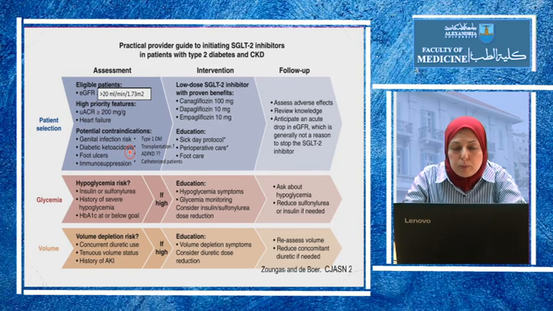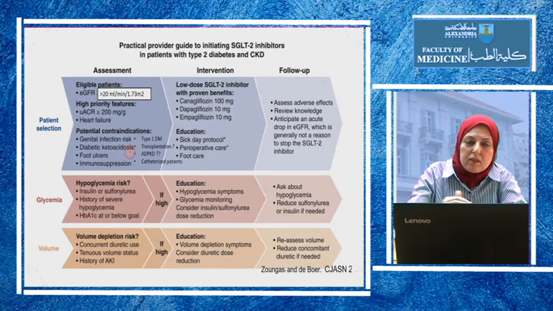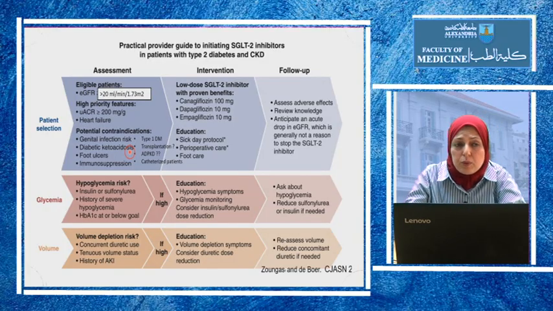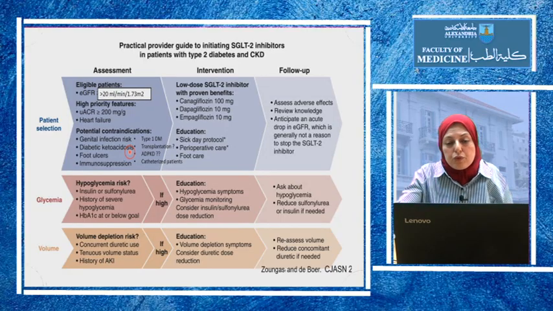In autosomal dominant polycystic kidney disease, there is still no evidence to suggest that it is beneficial. Actually, some studies have found that it decreases progression, but other studies have found that it increases the size of the cysts. So there is a call for more trials to know whether it is overall beneficial or risky. In patients who are catheterized, again, it may increase the risk of urinary tract infection, but these are all relative rather than absolute contraindications.